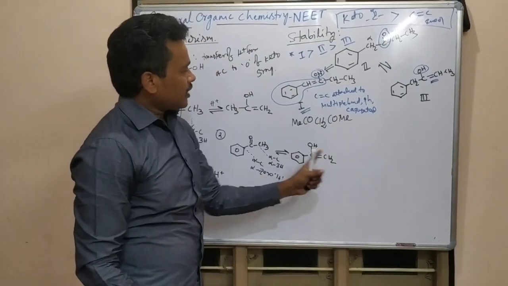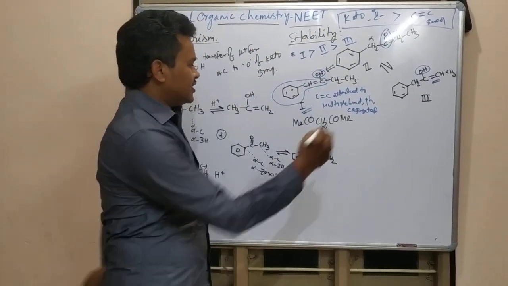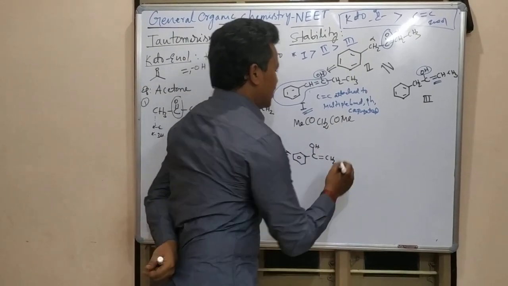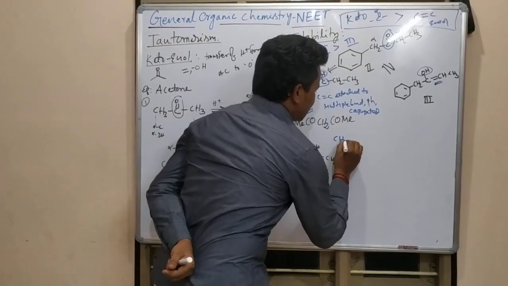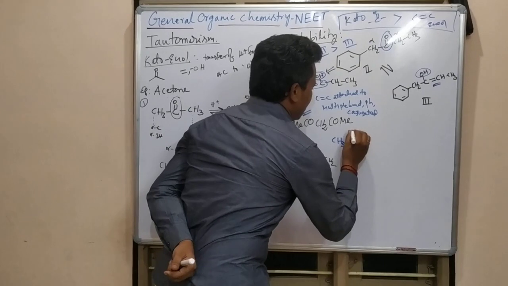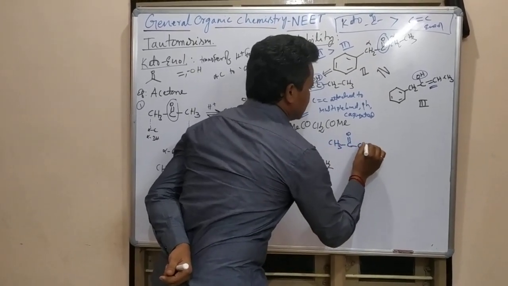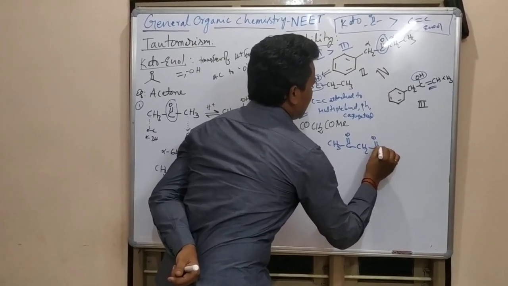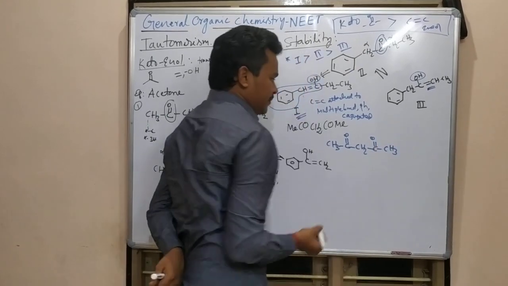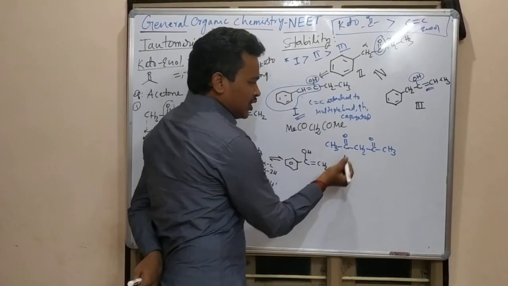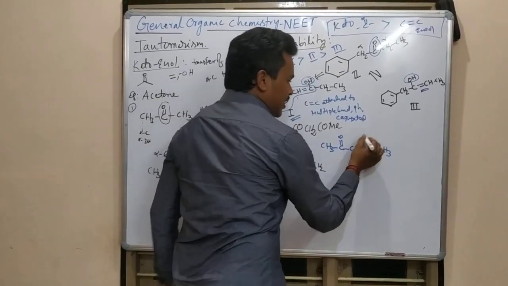And now, the other one. This also you can take. What is this? Methyl, CH2, C=O. What is the methyl group? What you can write? CH3. I have very clearly C=O, then CH2, again C=O. This side CH3. Here also this is my keto group. This is my keto group.